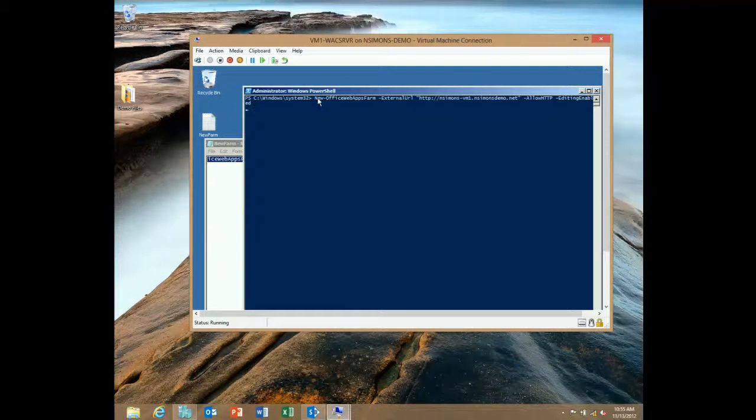Essentially what you see up there is the command New-OfficeWebAppsFarm. That's the command you use to set up a farm. I'm then including the parameter ExternalUrl. I could also include one for InternalUrl. We support both an internal URL and an external URL, so if you have different URLs, you can use both. One of the things I set was EditingEnabled. What editing enabled does is turn on the editing functionality in the Office Web Apps. So I'm going to say yes to that,